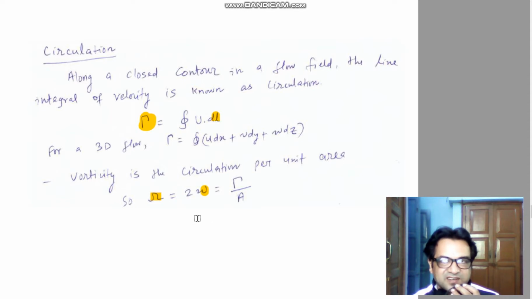What is vorticity? It is the cross product of nabla and the velocity vector. So from there you can find out this vorticity. Otherwise also you know the relations: its x component, y component, z component in terms of the differential form of the velocities. So in this way you can find out anything if you know the velocity vector. All these quantities are differential expressions of the velocity vector. That's why this whole study is known as the differential analysis of fluid flow.